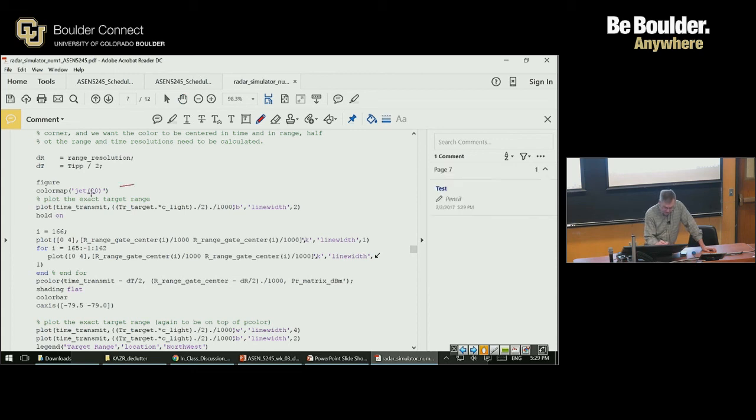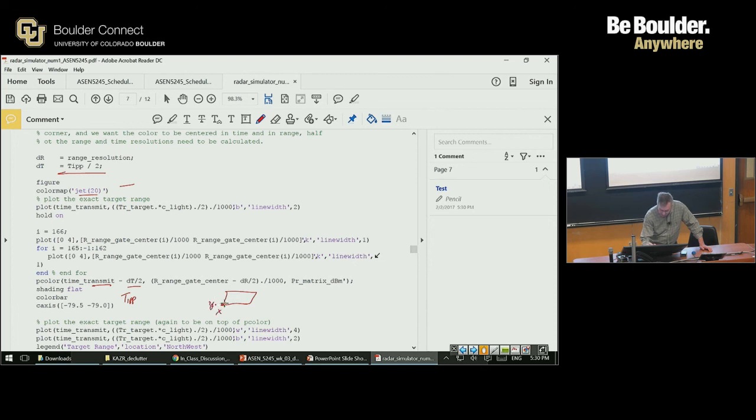So this is how I get pretty colors. This is time. This is the TIPP, time of each IPP. I then take off half of a step, because pcolor defines this coordinate, X,